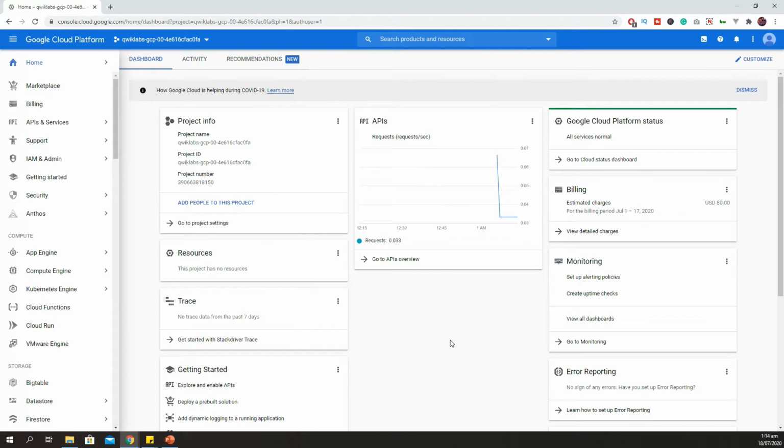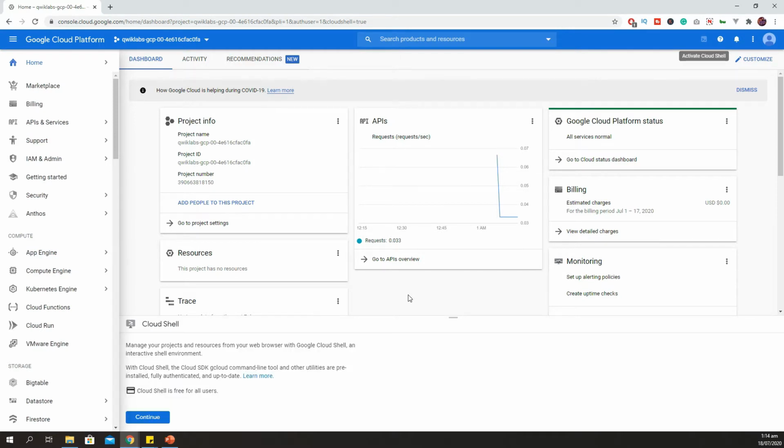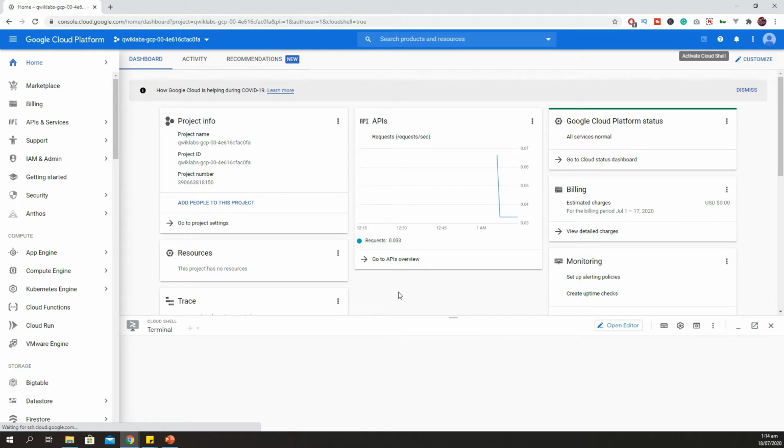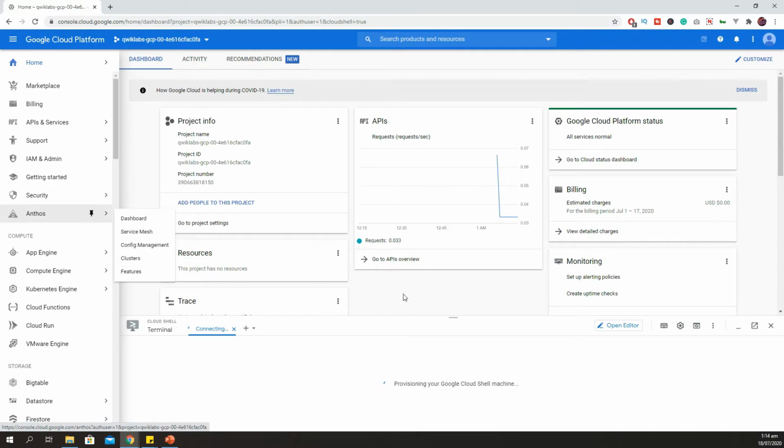After logging into our Google Cloud platform, first we will open our Google Cloud Shell. As I have already mentioned in my earlier videos, Google Cloud Shell is a very powerful platform to access Google services and perform tasks. It has some limited resources. So we are going to open our Google Cloud Shell. Once the shell is open, we will configure our project ID with Google Cloud Shell if it is not configured in advance.